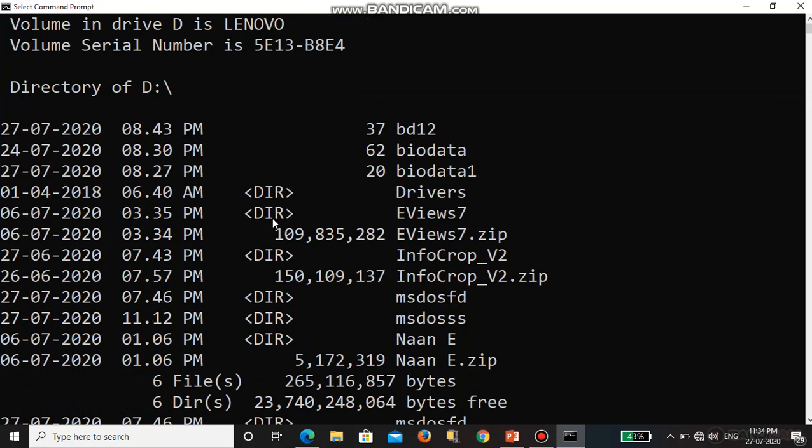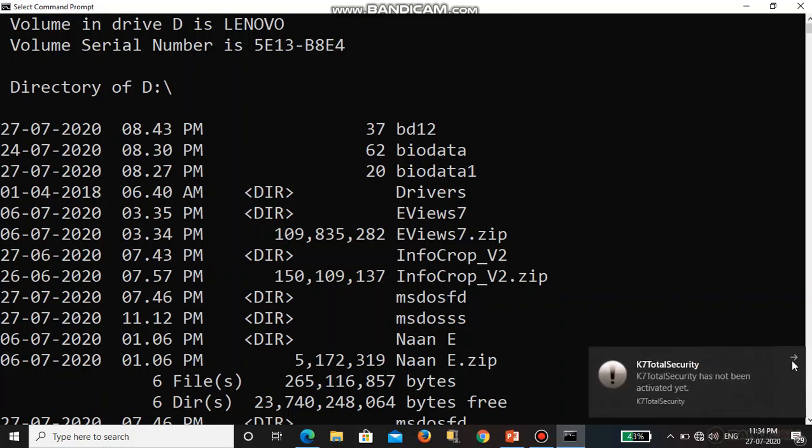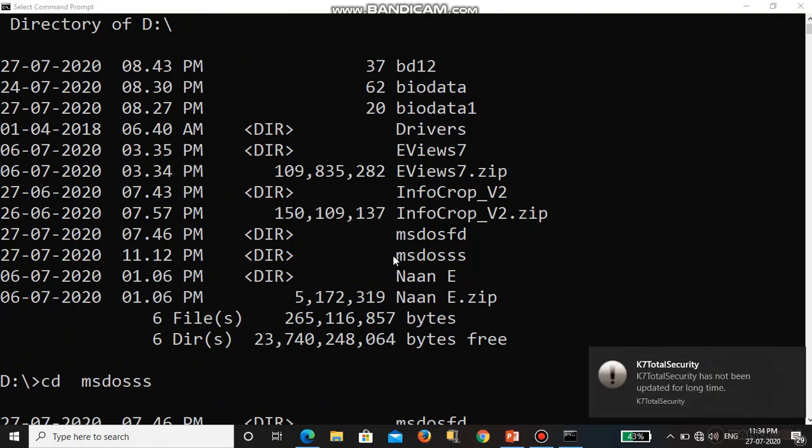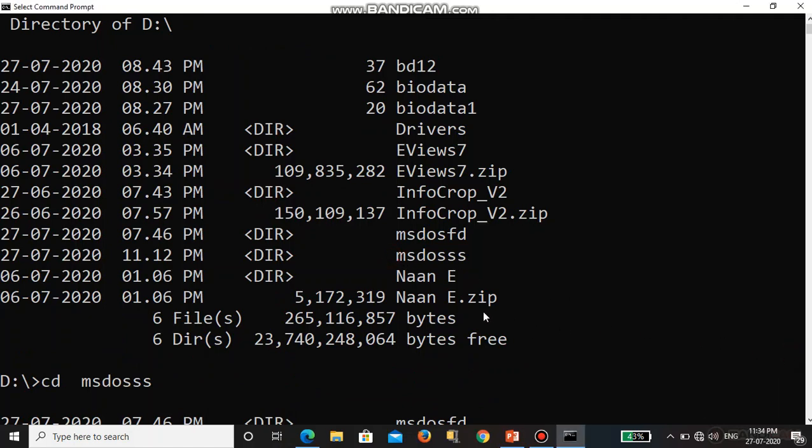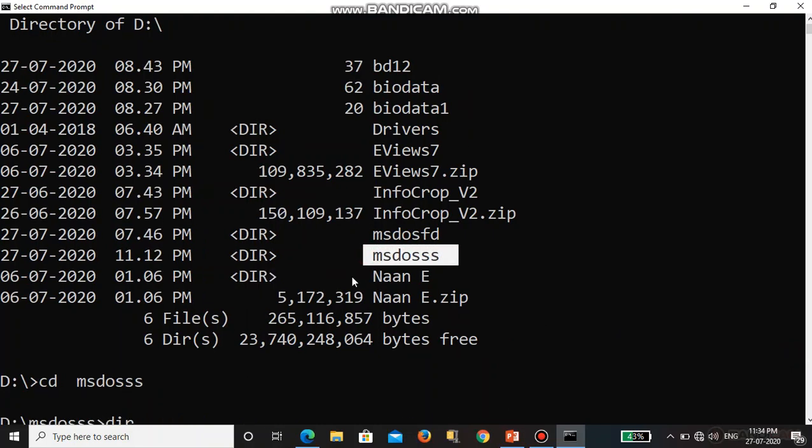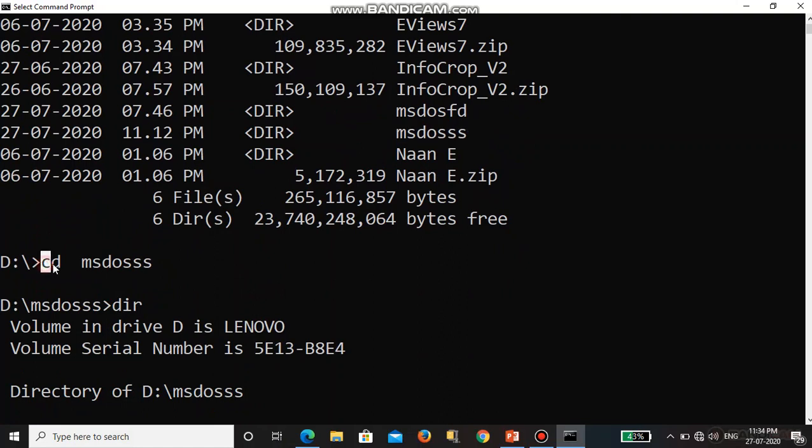These are the folders and files in the D drive. After that I want to go to the MS-DOS folder, so I used the cd command, cd MS-DOS. Next I went to the MS-DOS folder.